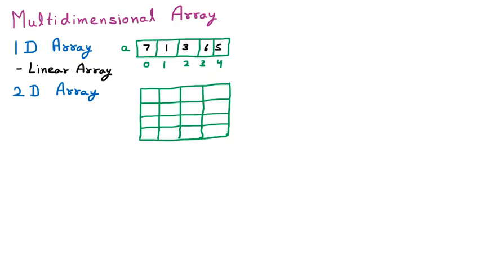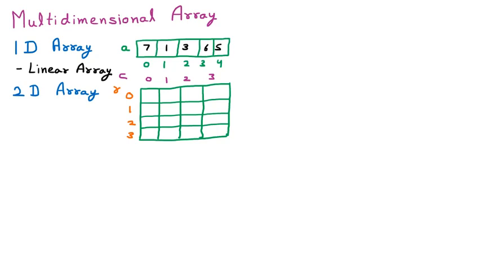Now we are going to find how many rows there are. We represent rows with R. Let us suppose that this is the first row. The index value is 0, then 1, then 2 and then 3. So how many rows are there? There are 4 rows. Now checking the columns. We represent columns with C. This is the 0th column, then 1, 2, 3. So that means 4 columns are there.